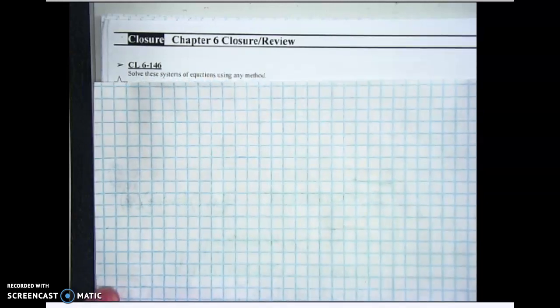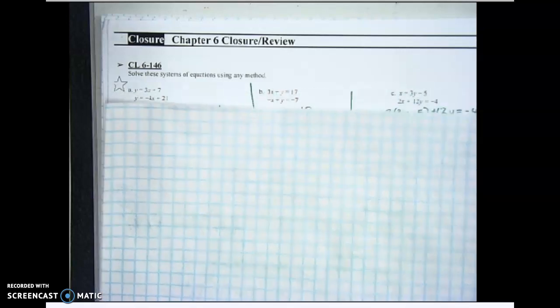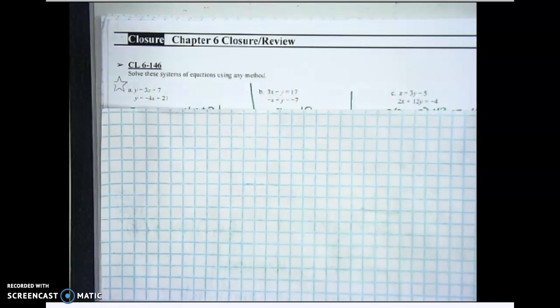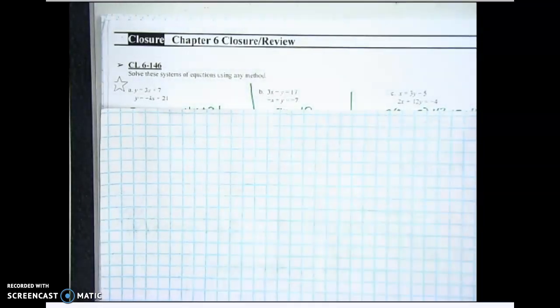Page 32. This is the chapter 6 closure. So question number 146 says, solve the system of equations using any method. So looking at questions A, B, and C,